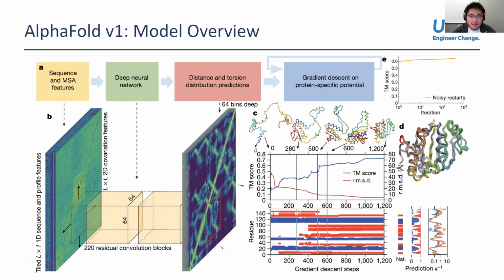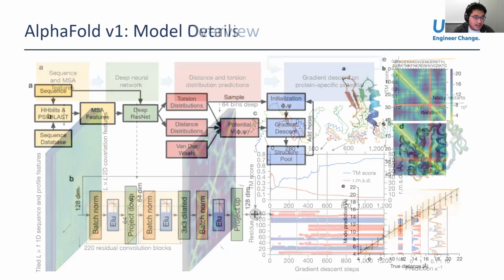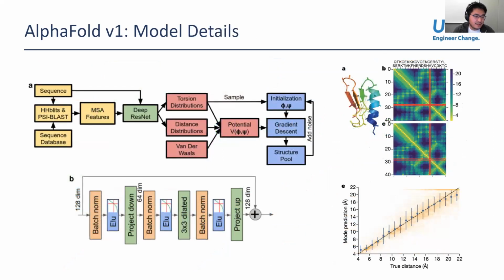There are some other structural models that are based on the distance prediction and torsion angle prediction to finalize their final prediction of structures. But this is a general model structure of AlphaFold version 1, which we might skip a little bit to save time for AlphaFold 2. But generally, the pipeline of it is